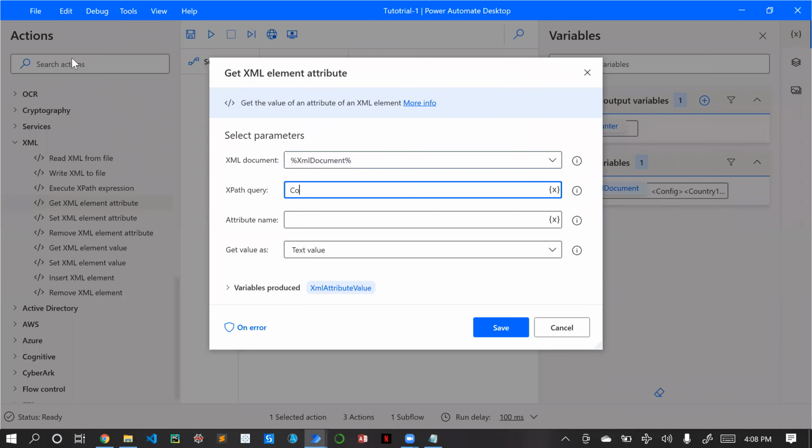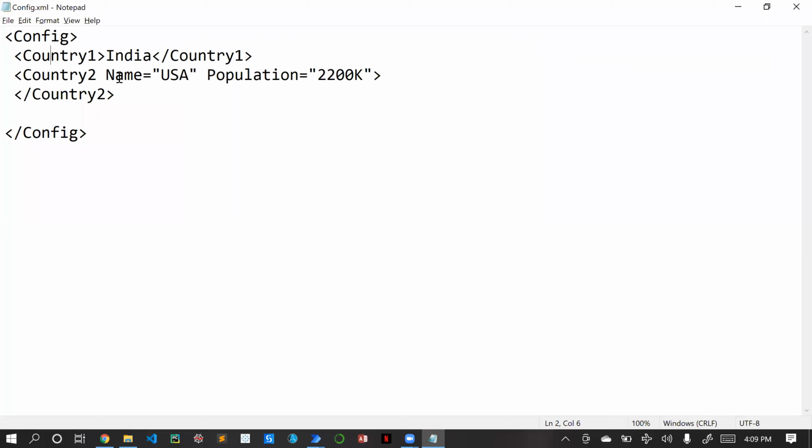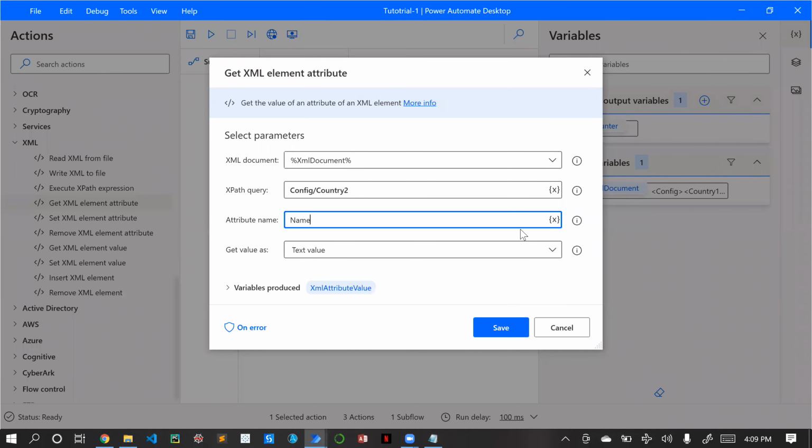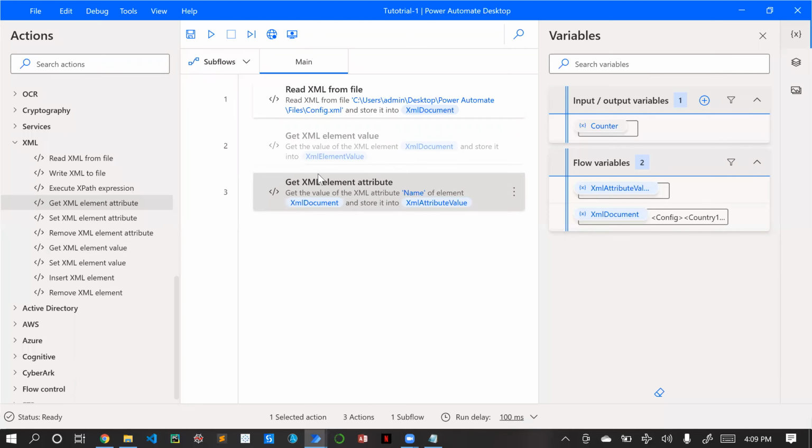In this scenario, it will be config, and next country two. And what is the attribute name? Here we have two attributes, name and population. If we want to retrieve the name, we just give name over here, and save it.